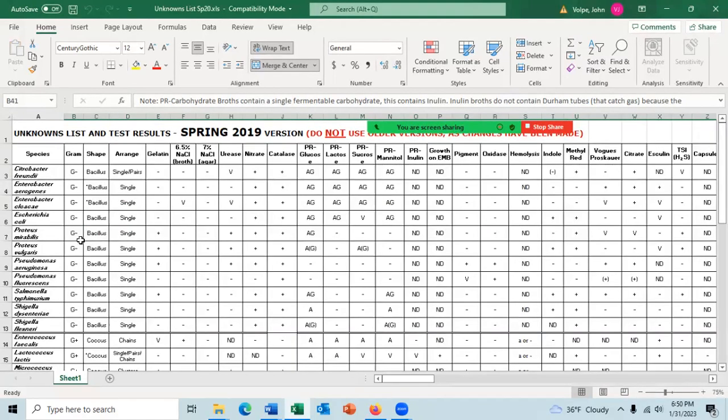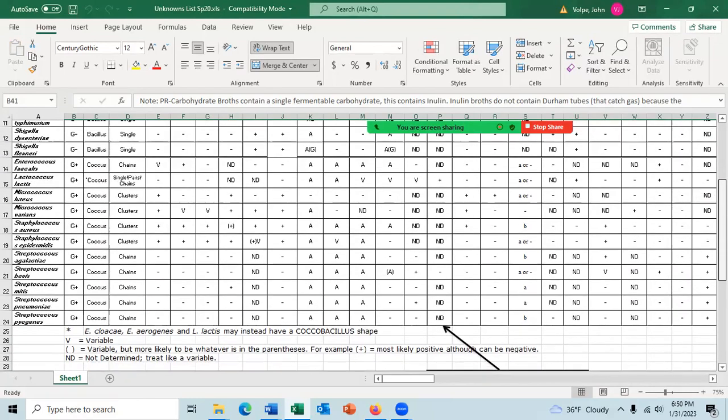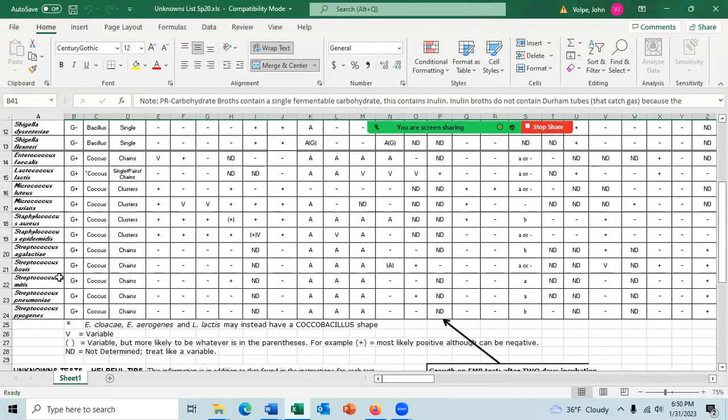So on the left are all of the species under consideration. The top one, there's about 13 of them, are gram-negative bacilli. And then the bottom, about 13 of them are gram-positive cocci. So these are all the species under consideration.